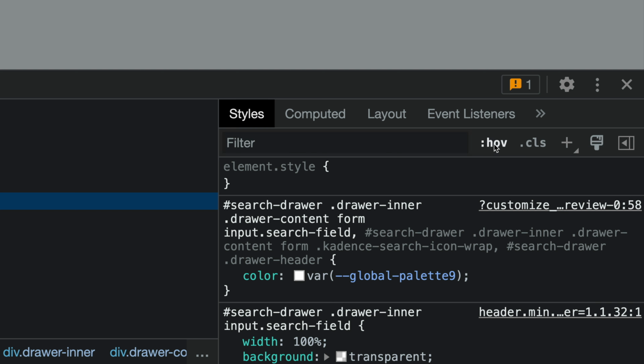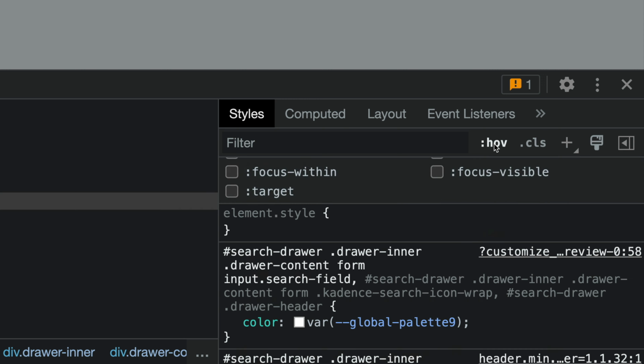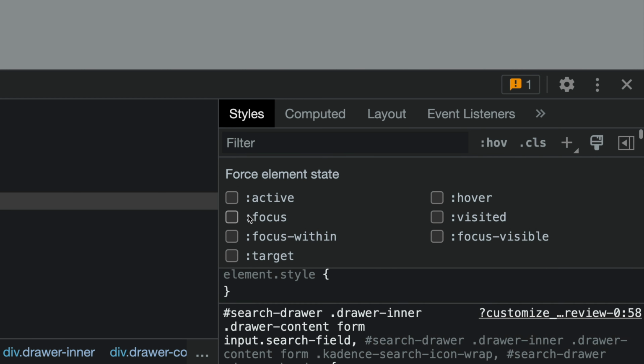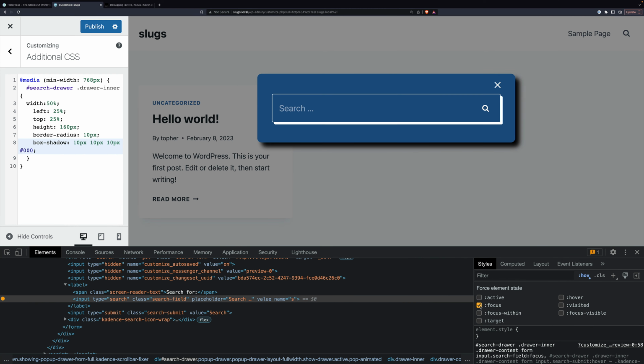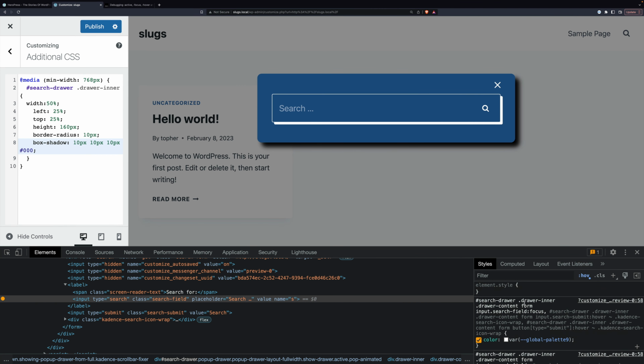Over here, you can see there is a :hov. If we click it, it lets us set any one of these things. So I'm going to turn focus on, and now you can see that white drop. And you can see that it is applied to this class right here.